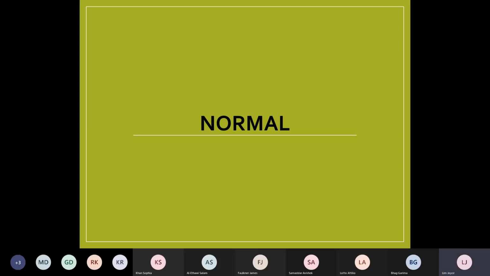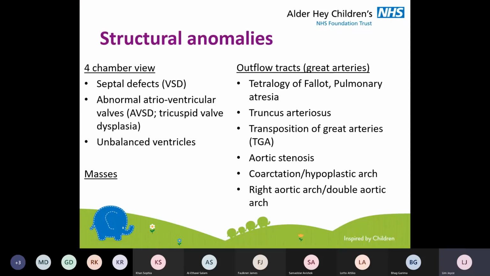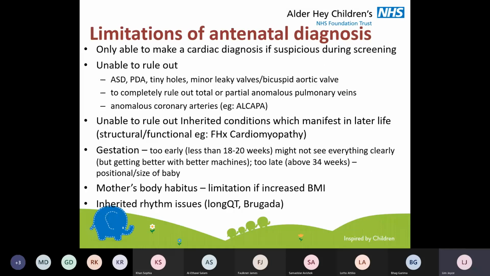So now we go to what a normal fetal heart looks like when we see them in the fetal cardiac unit. In order to detect abnormal, one needs to know what is normal first. So the things that we are looking for, as I said earlier, are the 4-chamber and outflow tract anomalies. I'm not going to go into detail with this, but I want to emphasize that there are limitations to antenatal diagnosis. As good as all the fetal cardiac units are, if the fetal sonographer who does the 18